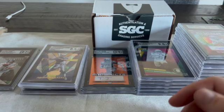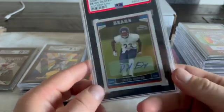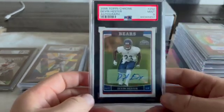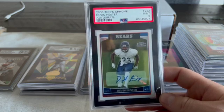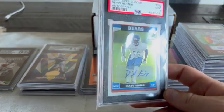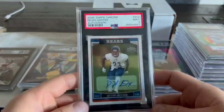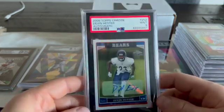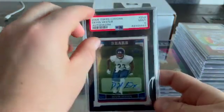So yeah, that was 1 crack out, 7. And then the next one, Devin Hester Topps Chrome autograph. This is his rookie card from 2006. I had this in a PSA 9 slab. I had been looking at it, and the Topps Chrome special came up, and I was like, man, the only thing I can't really tell is the surface. The rest of the card looks really good. So I decided, screw it, I'm gonna crack it out. And the surface actually looked really nice. So I was like, it looks like it's within tolerance for the centering for SGC. So I don't see how this isn't higher than a 9, and